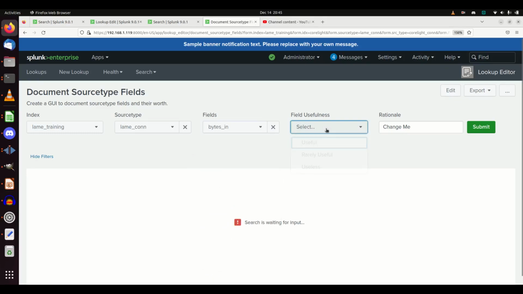And so in this case, I might pick, say, bytes in. How useful is this field? I could say useful, rarely useful, useless. I'm going to say it's useful. I'm going to give a justification: gives a number of bytes that the source IP received during the network connection. And if I hit submit,